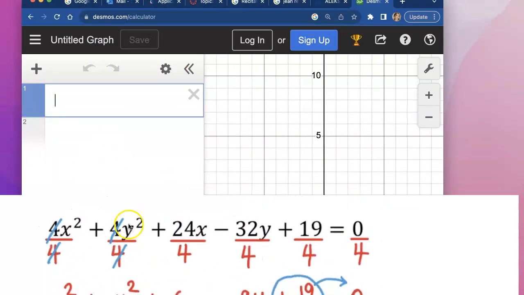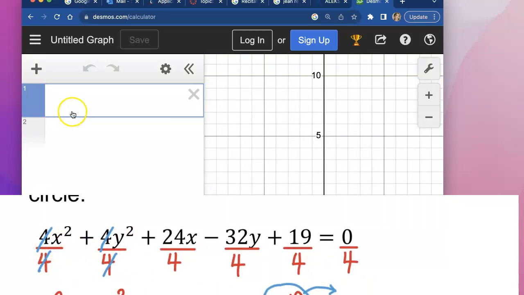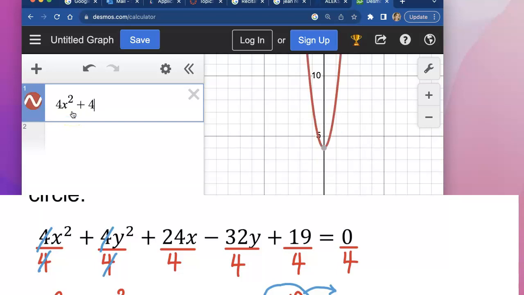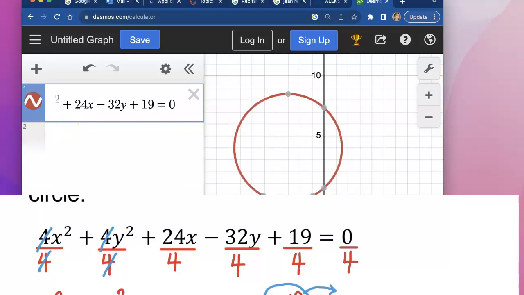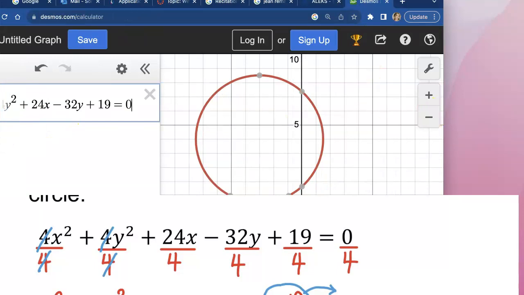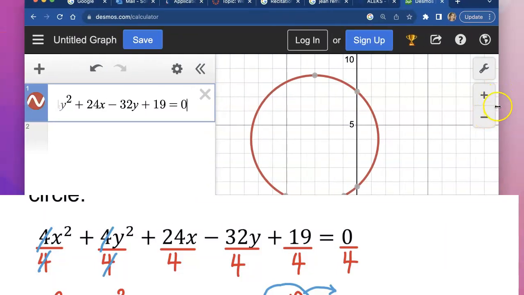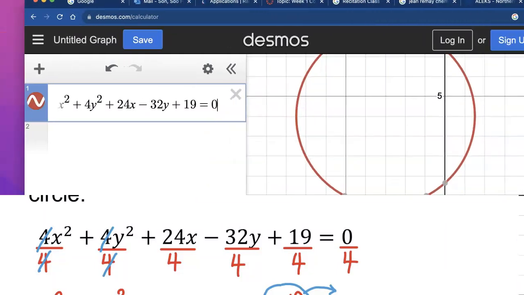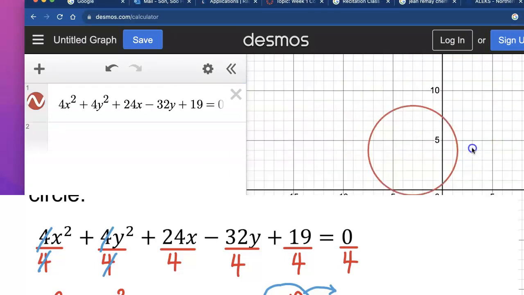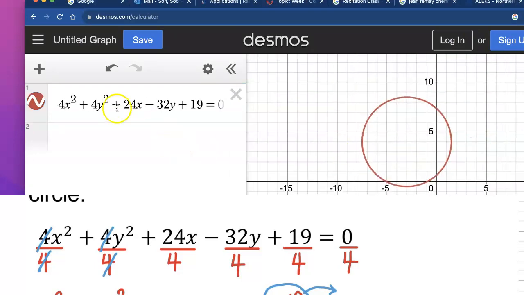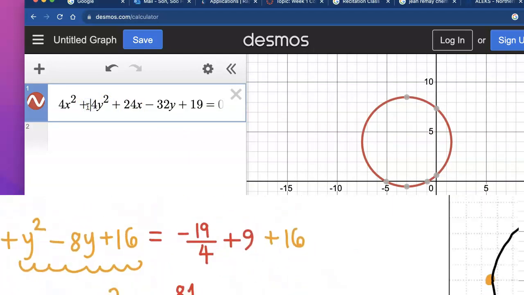I will type in the original equation, the one that was given to us. So look, I'm typing 4x squared plus 4y squared plus 24x minus 32y plus 19 equals 0. I literally type in the entire equation they gave me. And look, they gave us a circle. They graphed it for us. I'm not telling you to jump straight to this answer on Desmos, but once you do your work by hand, and if you want to check your answer to see if you got it right,